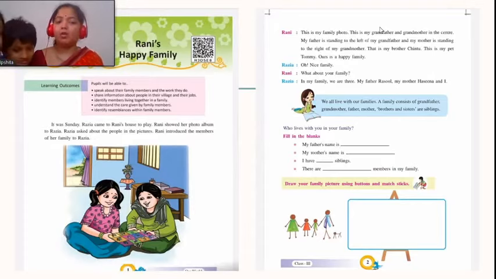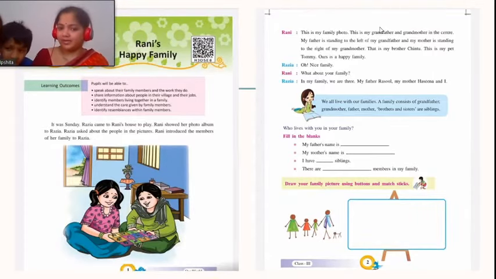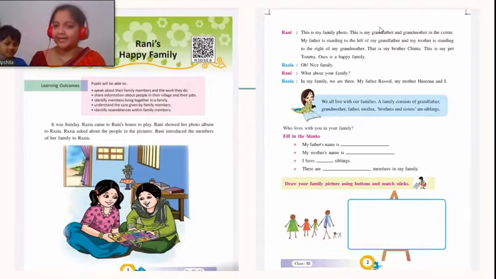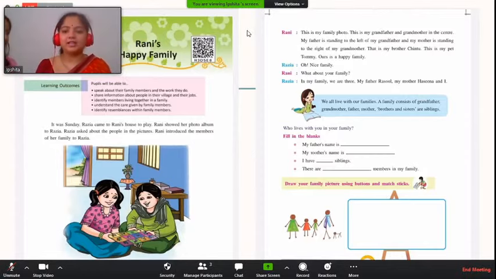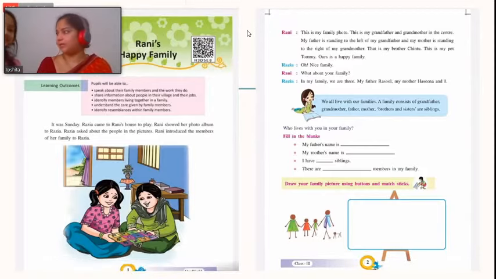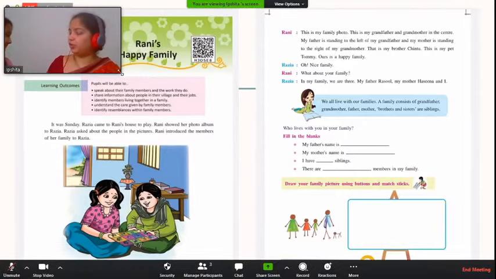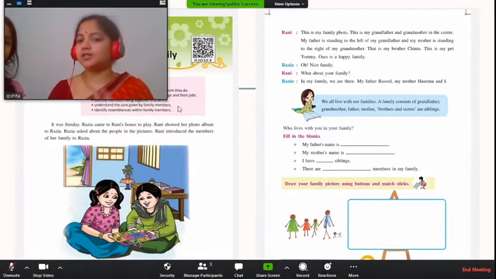Okay. We don't know what relationship they have. Now, I'll give you 5 minutes. Get into pairs, 2 people together. I want you to read this little story about Rani. Rani is a small girl like you, and she is 9 years old. She lives in the nearby village, and she is talking to this person in the picture about her family.